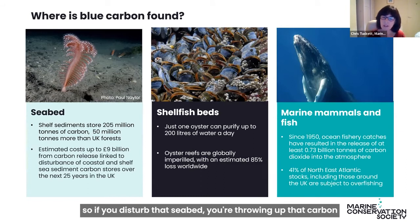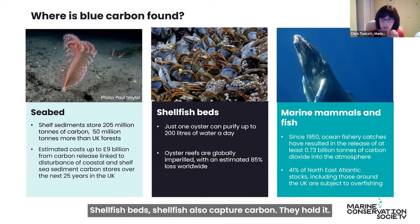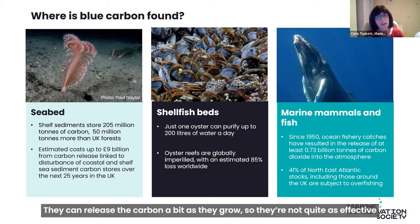So if you disturb that seabed, you're throwing up that carbon, you're releasing it into the water, not necessarily into the air, but making sure you don't disturb the seabed by things like bottom trawling is really, really important. Shellfish beds, shellfish also capture carbon, they hold it, they can release the carbon a bit